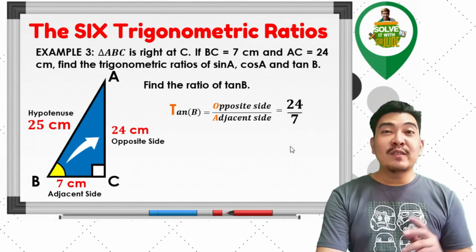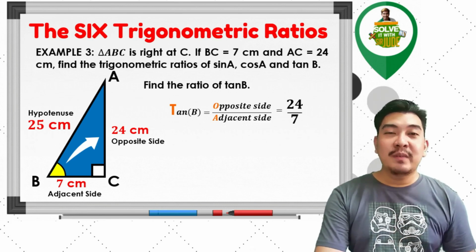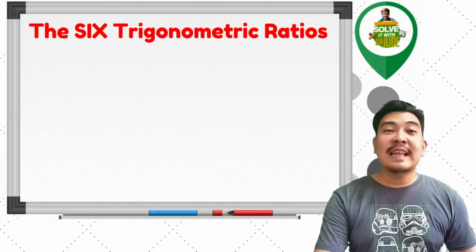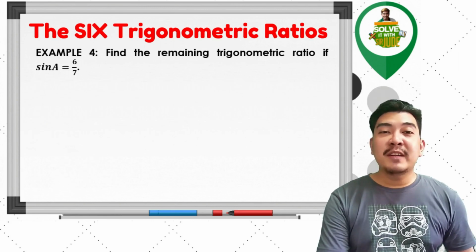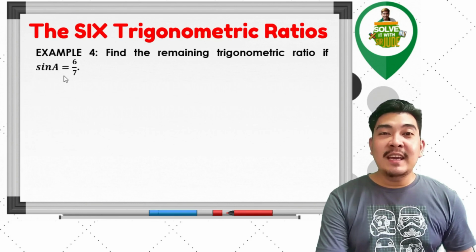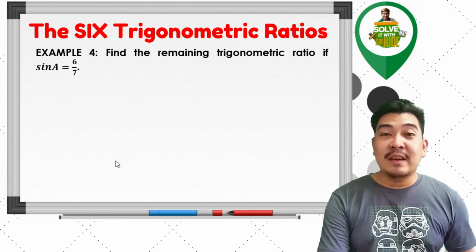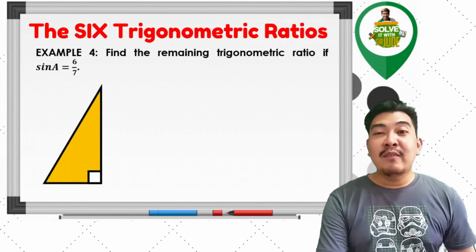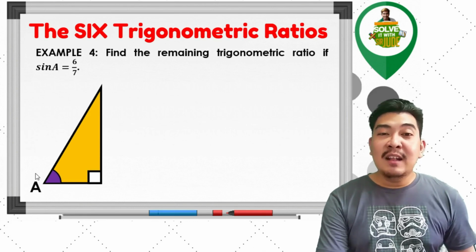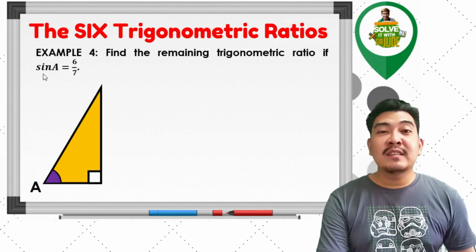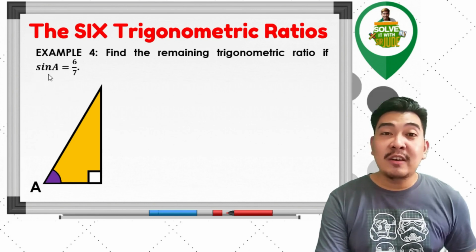So we are now through with example number 3. So let us now have the last example, example number 4. Find the remaining trigonometric ratios if sine A is equal to 6 over 7. So let us now have our right triangle here, with the given acute angle A. Since our reference ratio here is sine A,